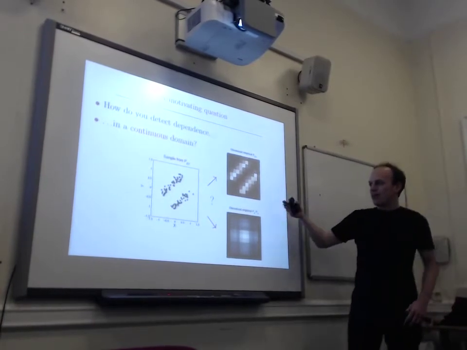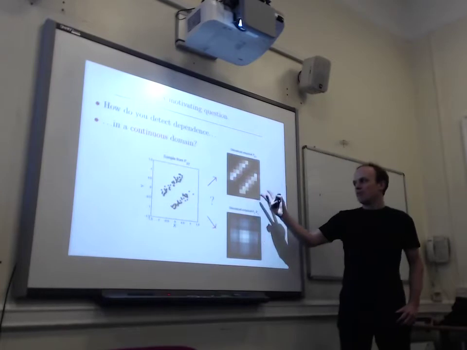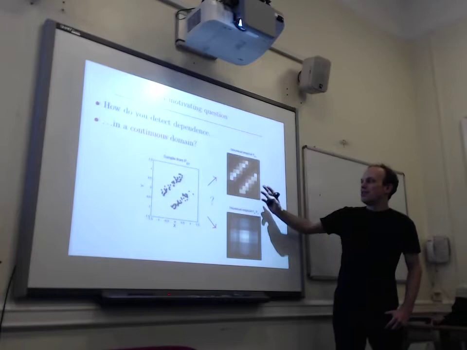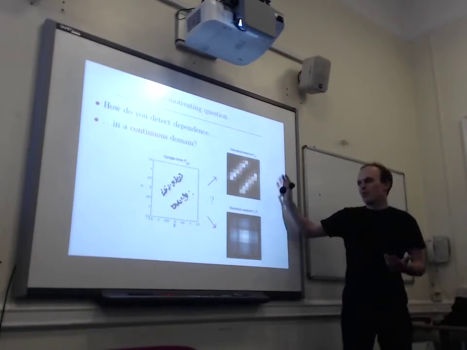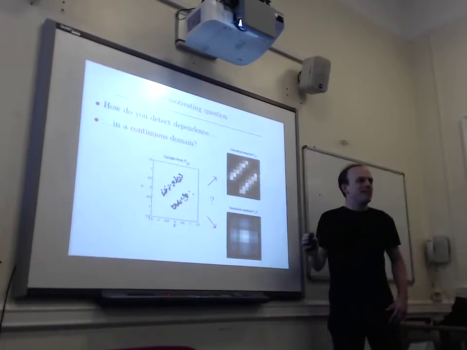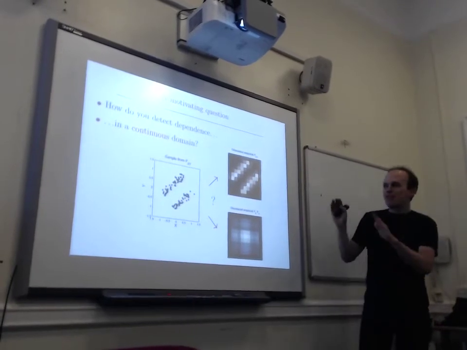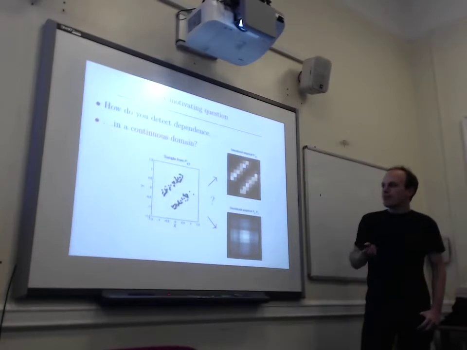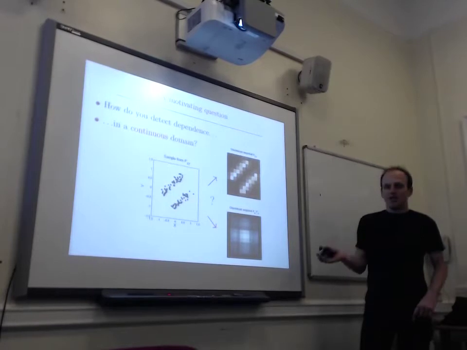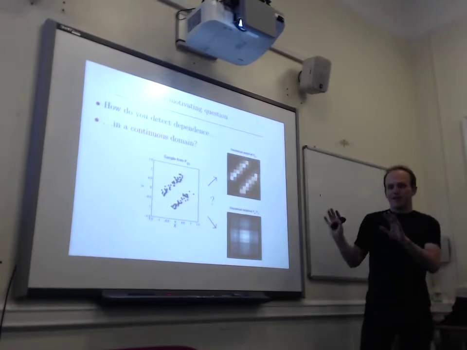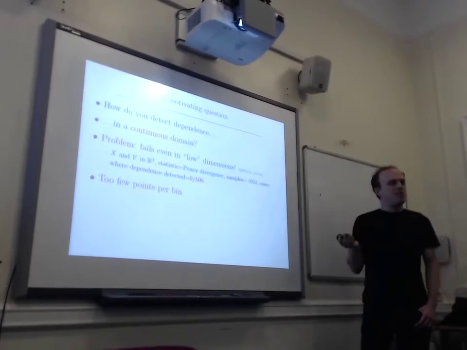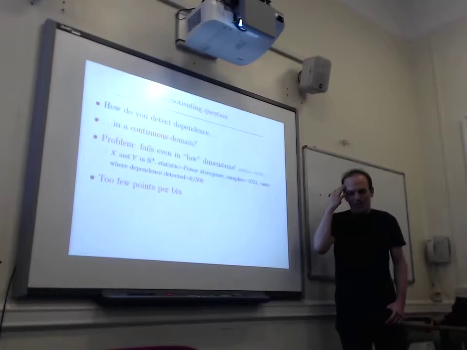You have to make your bins finer and finer, but you can't make them finer too quickly, because otherwise you just get one point per bin or no points per bin. Most of your bins will be empty. So you have to be a little bit careful in how quickly you reduce the bin size. This is one approach to take, which generalizes the approach that I talked about with the late-on-time example. The problem is that, even with this binning trick,